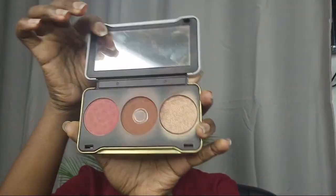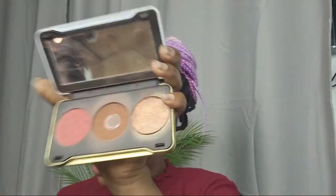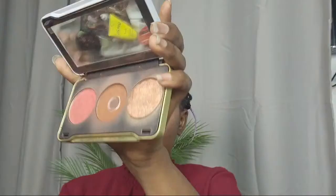So for my powder contour, I'm using this one from Makeup Revolution. You can see that I've almost finished it. I've got another one, which is a very dark brown, but I like to use this one. Because it's a powder contour, it's up to you. You can use a brush, or you can still use your beauty blender, but I'm going to use my brush